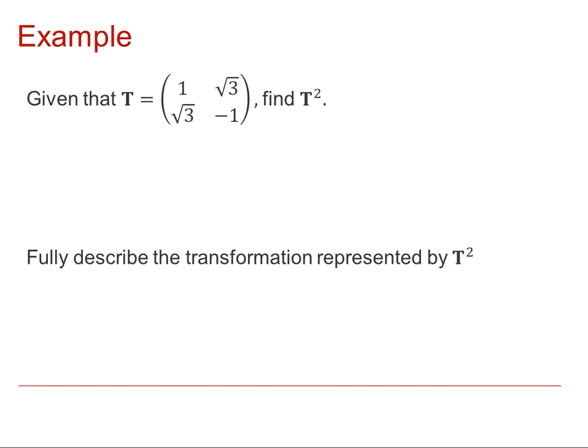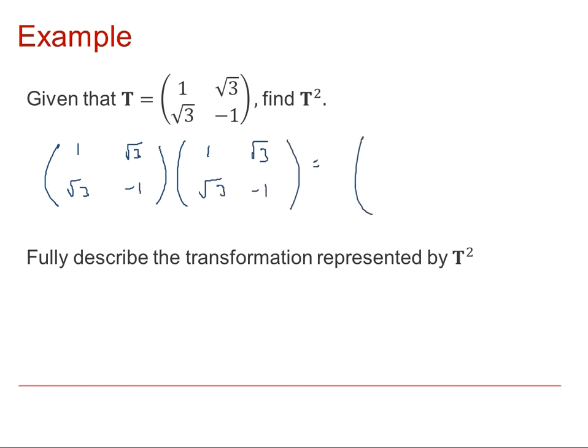Here's an example of a sort of question that we might be asked to do in an exam. It says given this matrix T, we first of all need to find T squared. Now remember that T squared is not just a matter of squaring the numbers in the matrix, we need to do the matrix multiplied by itself. So we've got the matrix 1, root 3, root 3, negative 1 multiplied by itself, 1, root 3, root 3, negative 1,